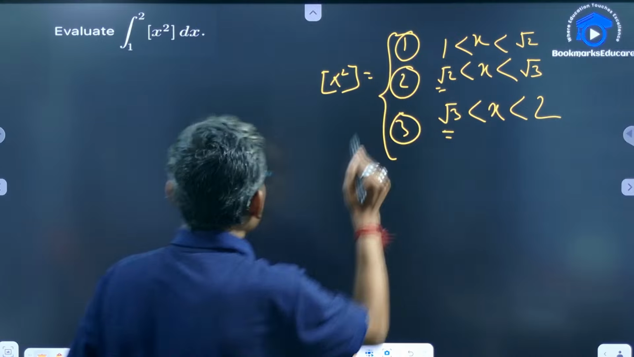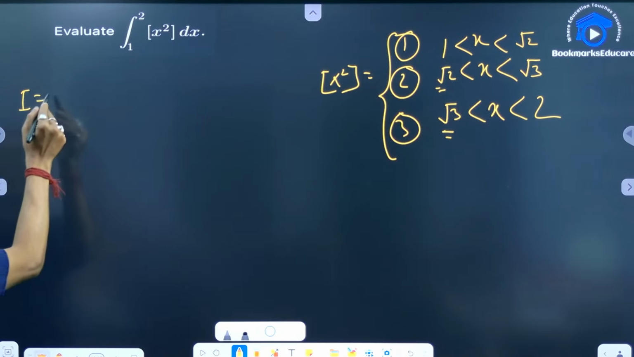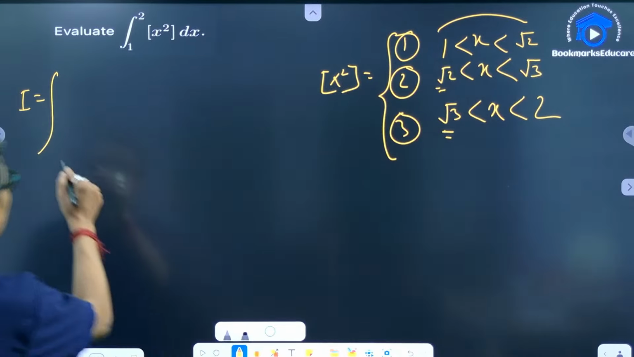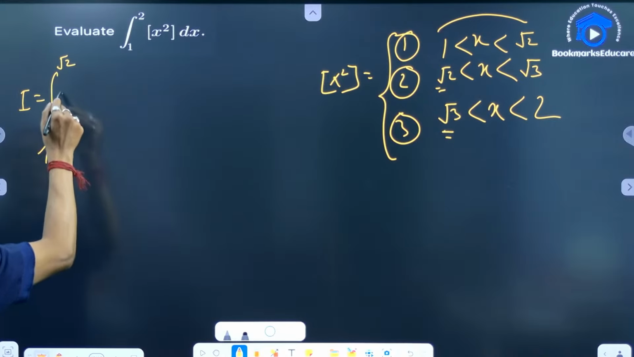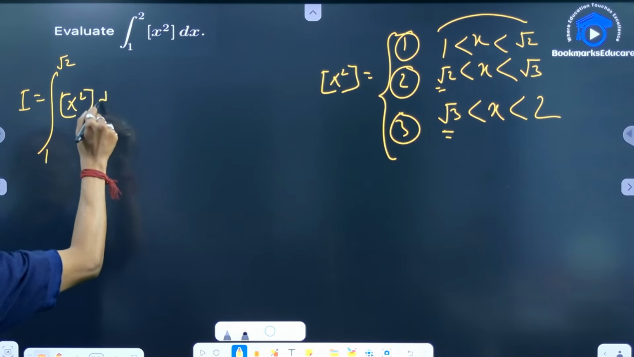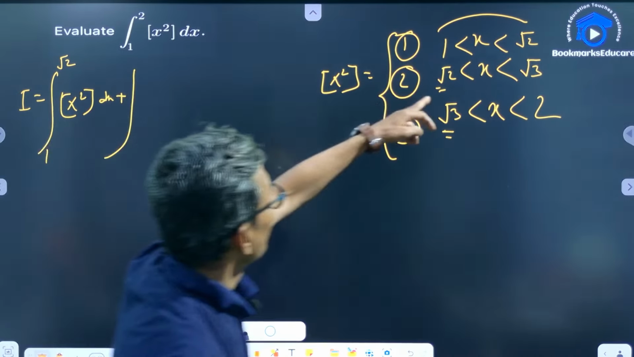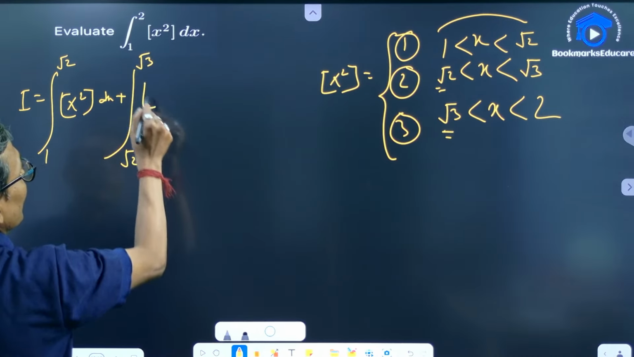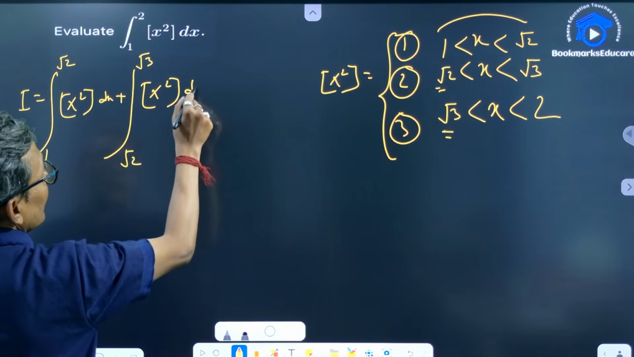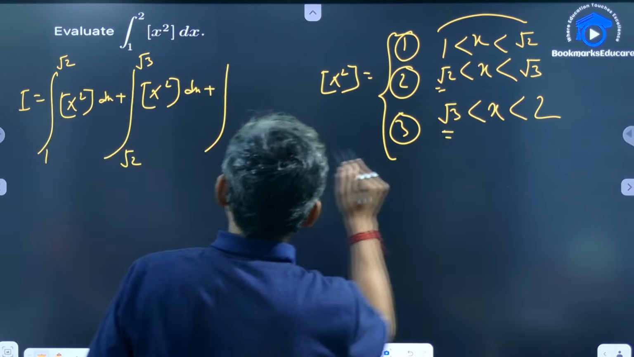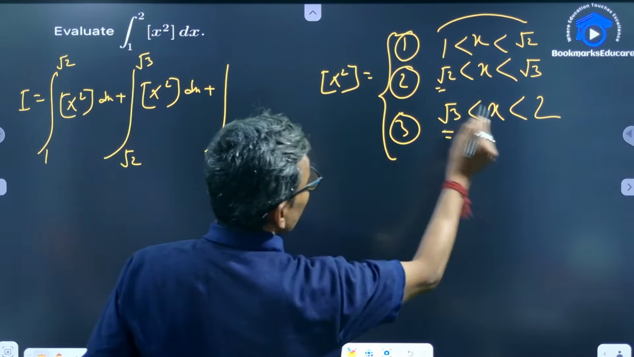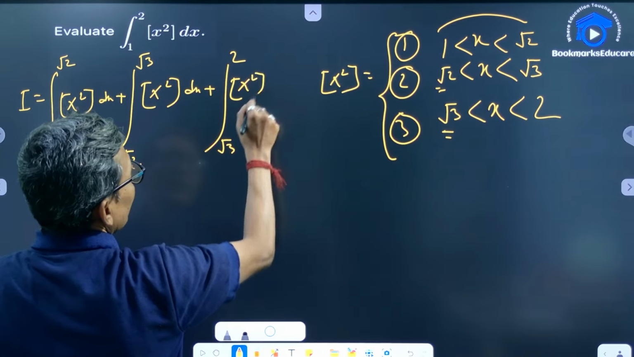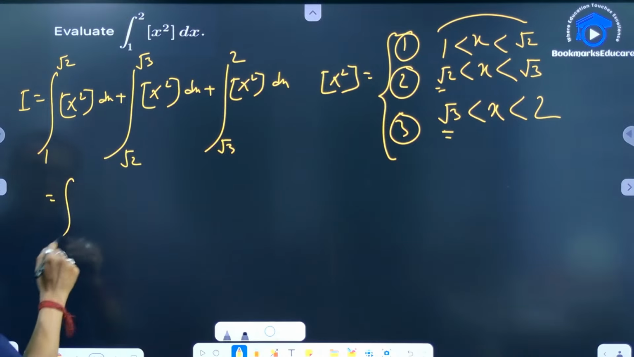So now I is equal to, we have to split this interval into this interval। So integral 1 to √2 third bracket of x square dx plus integral √2 to √3 third bracket x square dx plus integral √3 to 2 third bracket x square dx। So 1 to √2